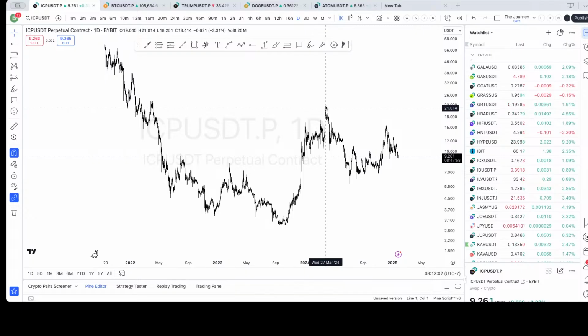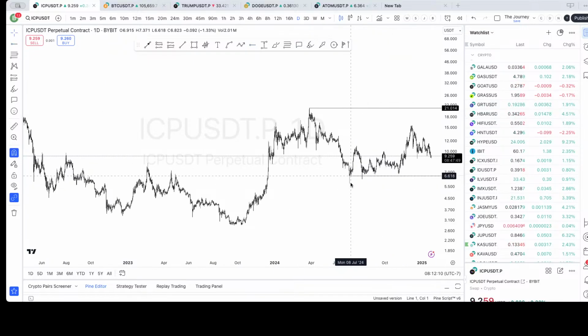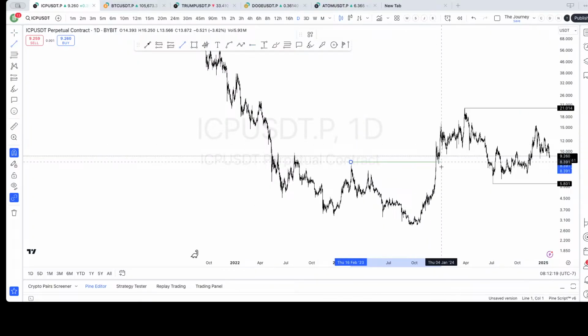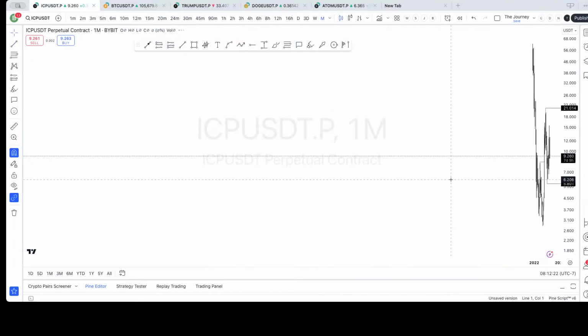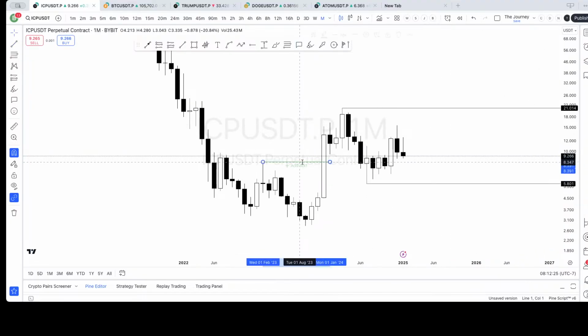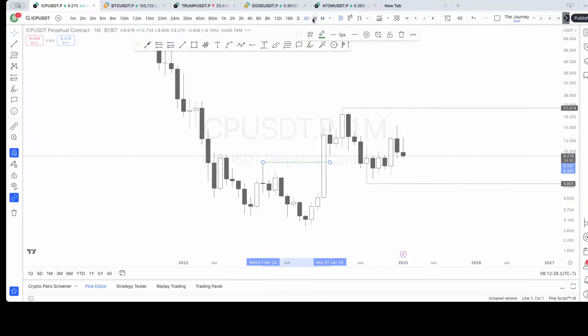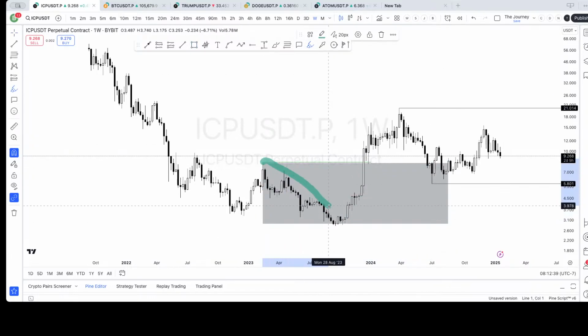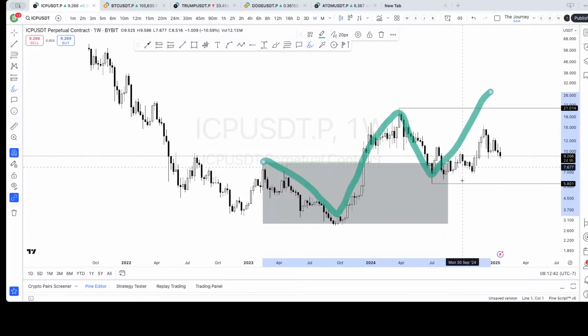I can make a generalized statement about this. Obviously, you have this massive break in structure. That could be all the way up to monthly, which it is. Whatever, weekly, whatever. It's a very significant break in structure, right? And we are re-entering down into the previous demand range, for a flow that looks like a range initiation, mitigation, continuation.